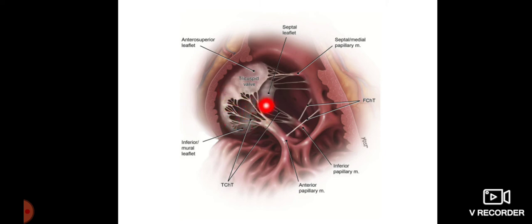through string-like structures. You can see some thread-like structures here, which connect the papillary muscle with the cusp. These string-like structures are called chordae tendineae. So that is another feature of the interior of the right ventricle. Now, the anterior papillary muscle is connected to the septal wall through a moderator band. The base of the anterior papillary muscle is connected to the